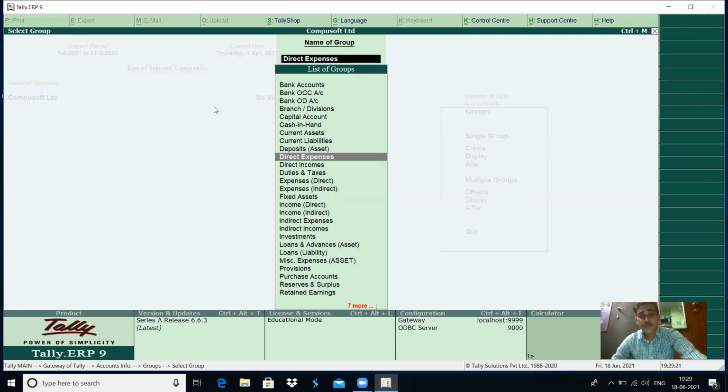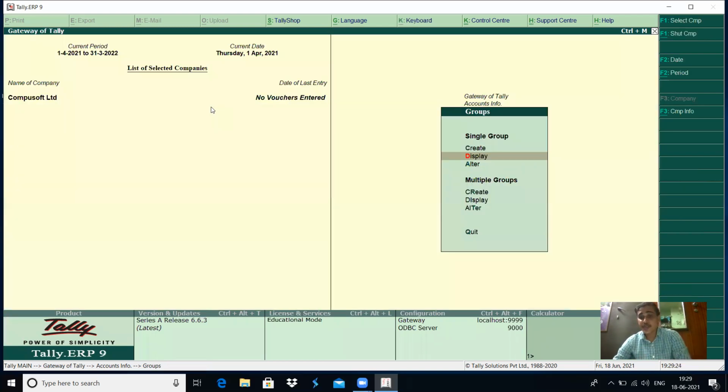Apart from these 28 groups, if required, Tally provides you the option for creating extra groups also. Tally provides the option for modifying the groups, and for deleting the groups. In the next class, I will tell you how to create these extra groups apart from the 28 predefined groups, if required. In the case of simple problems, it is not required. That you have to remember.